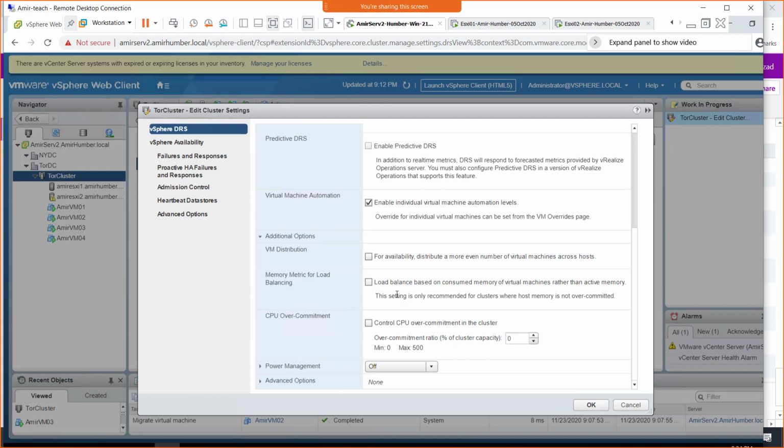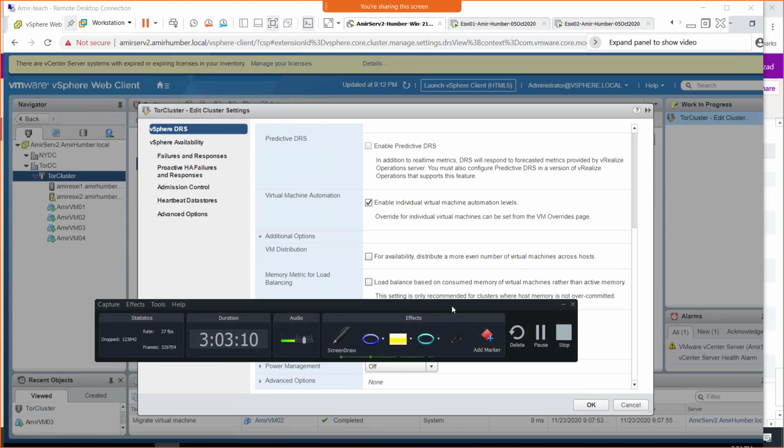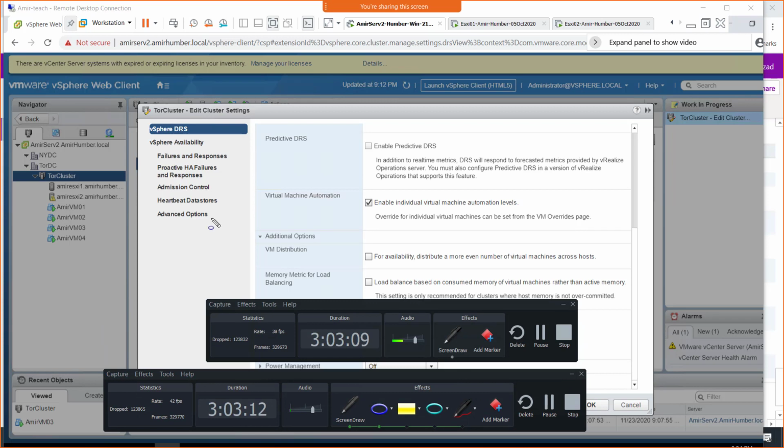And there is load balance based on consumed memory of virtual machines rather than active memory. So active and consumed, what does that mean? There is active memory, that is given memory, right? Suppose this virtual machine, you have given 64 GB memory here, and this is the given memory, but what